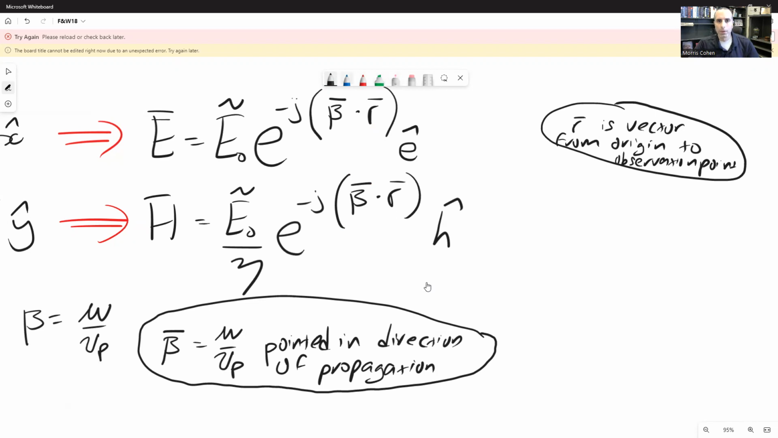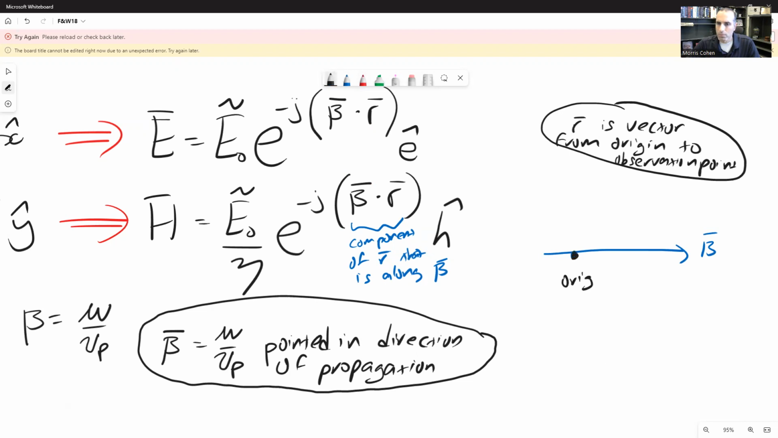Now, what's important to note right here is that this term, beta dot r, is going to select the component of r that is in the direction of propagation. So this is the component of r that is along beta. In other words, if I have a wave that's moving this way, this represents our beta direction. If I take this as the origin, and let's say this is the vector r,